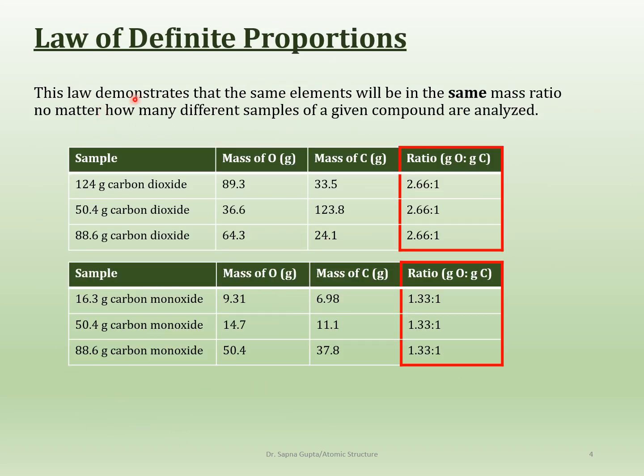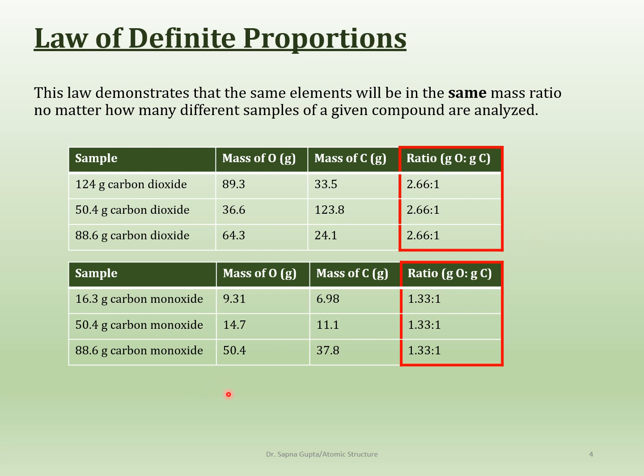So then he came up with two other laws, and the first law is the law of definite proportion. And what that really means is that you can take the same compound and you can collect it from anywhere. Okay, so for example, this one is for carbon dioxide, which is CO2. So no matter where you take it from and how much you take it, ultimately, okay, the ratio of oxygen to carbon is going to be 2:1, always going to be like that.